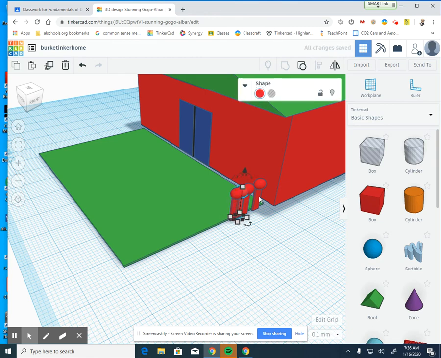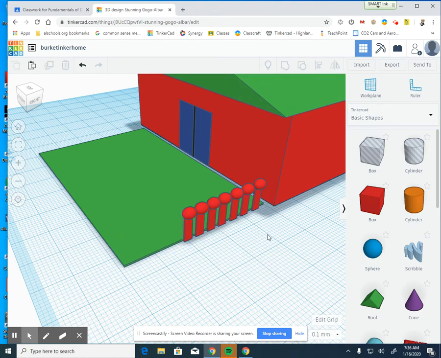Control C, Control V. Control V again, and again, and so on and so forth. Control V again. And I can get this. Now, if I really wanted to make this something spectacular, once I get a bunch of them in a line,